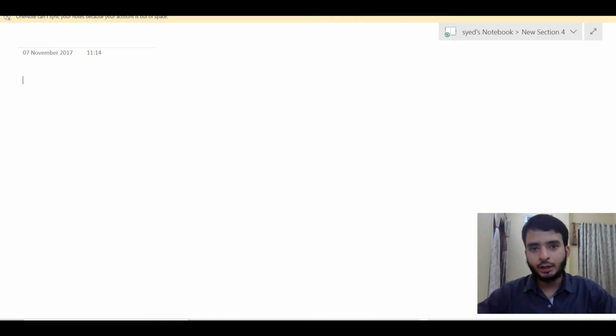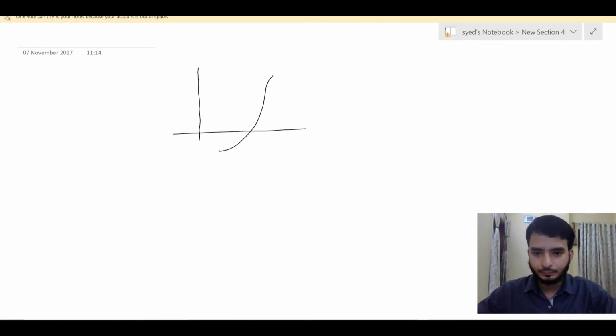In this video, we'll be writing a computer program to find the root of a given equation using the bisection method. The whole idea of the bisection method is that the root of the function is the point where the curve passes the x-axis. Let us take this as a curve. This is the point where the curve crosses the x-axis, meaning this is the root of the equation.